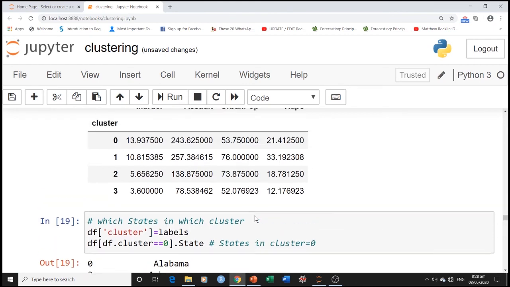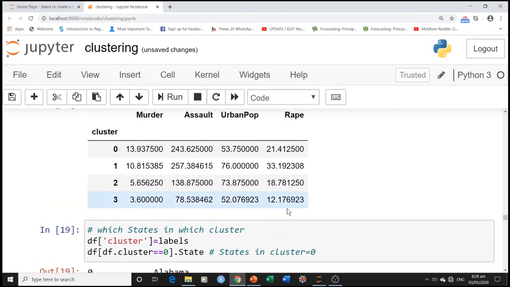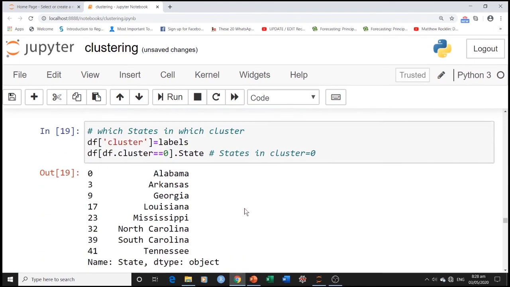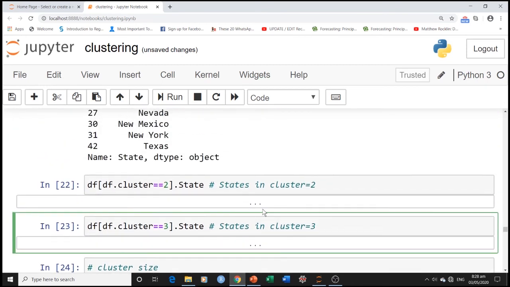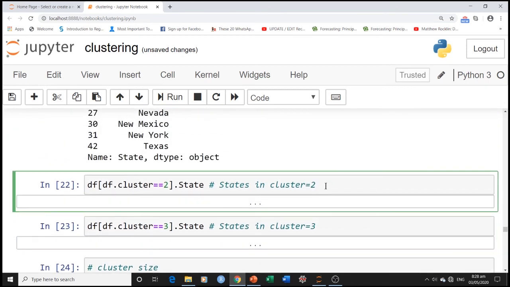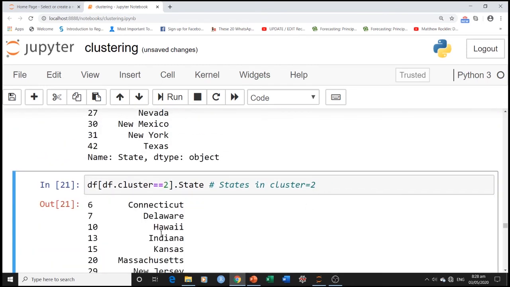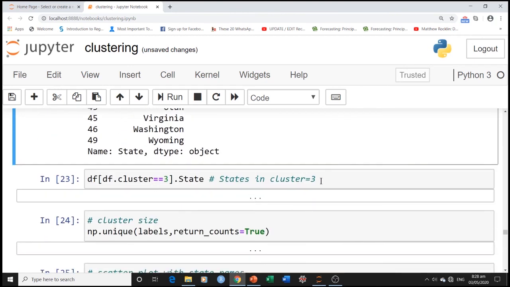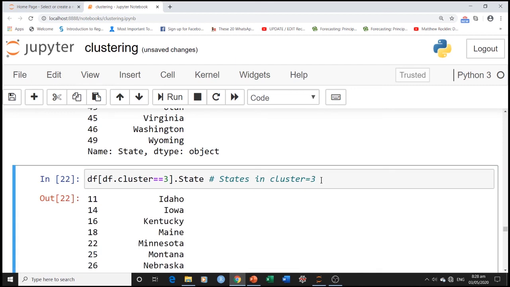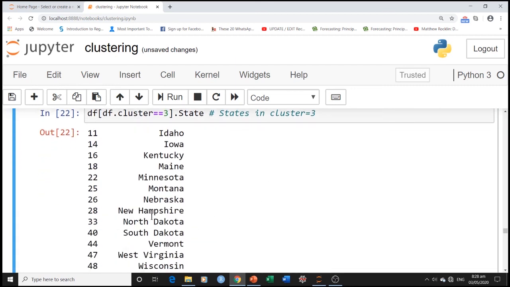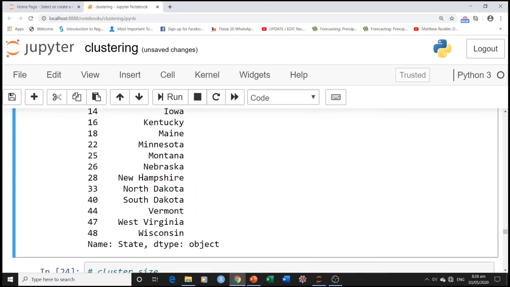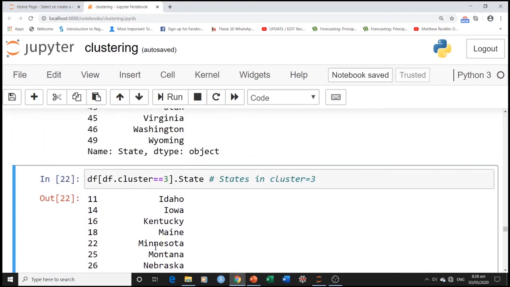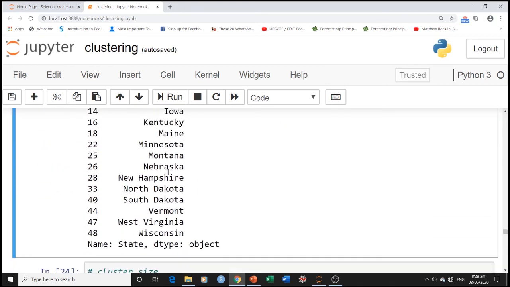If you look at the cluster mean, cluster 3 has the lowest crime rate. So we can look at the states. So these states have a low crime rate, and this state has the lowest crime rate. So from the point of view of crime, these states are the safest states. So this is one cluster,